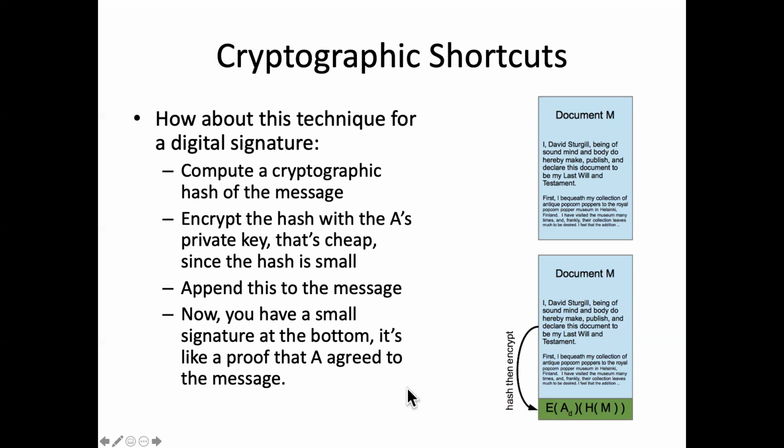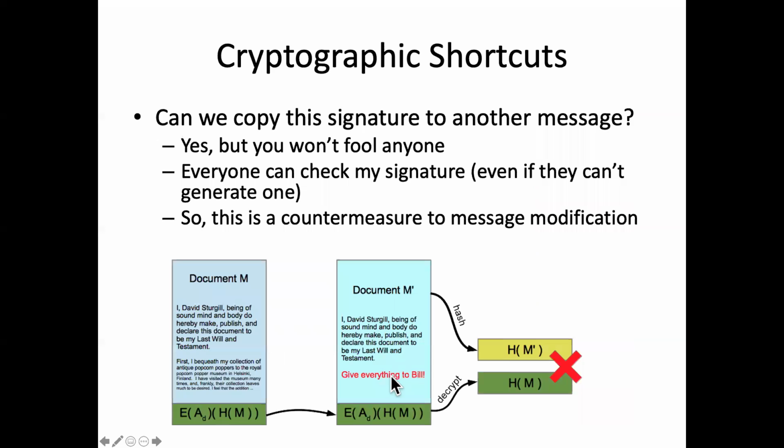Now, what good is that? How does that work? Anyone who's going to check a digital signature knows that that's how it was generated. So they can take the document, they can hash it just like you did, because the cryptographic hash doesn't depend on knowing any key. They can decrypt your digital signature and make sure it matches the hash. So they can't take the hash and encrypt it the way you did, but they can take the signature at the end of your document and decrypt it using your public key. And if it matches the cryptographic hash of the document, you must have signed that document.